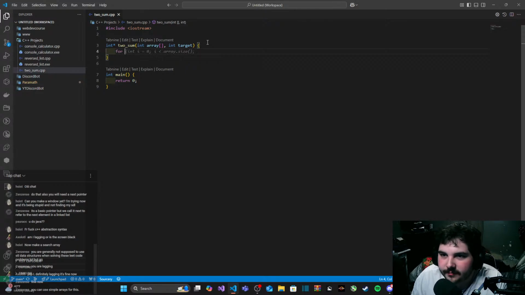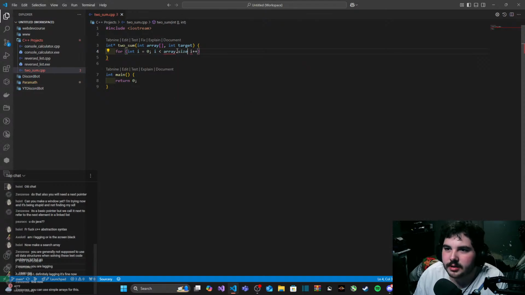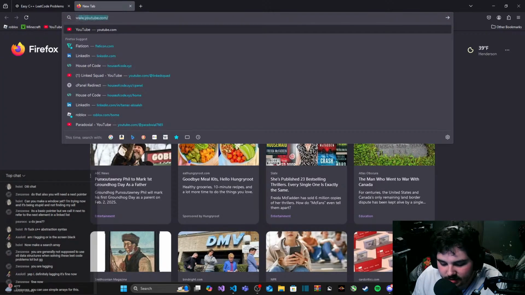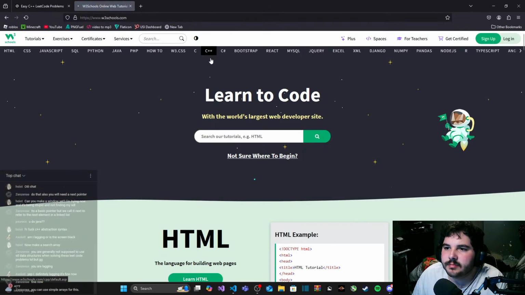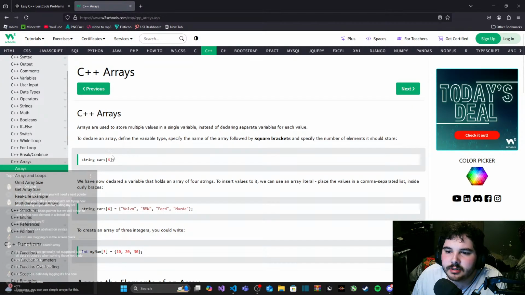Okay, now for int i equals 0, and then i plus plus, and wait a minute. Yeah, there's no size for that, so actually let's go back to W3Schools real quick. C++, let's see, arrays.